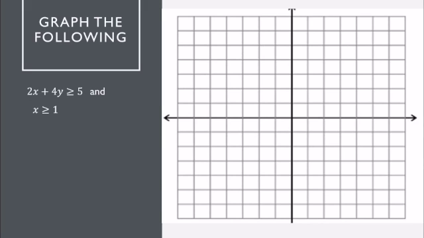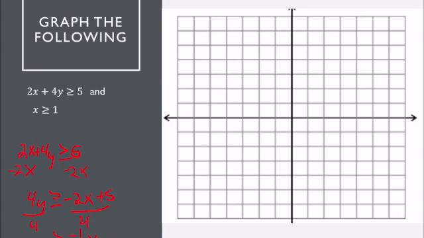So let's go ahead and graph the following. I have x is greater than or equal to 1 and 2x plus 4y is greater than or equal to 5. So I need to put this in slope-intercept form. That's all we're doing in this chapter. It's just changing stuff to slope-intercept form and graphing it. So I subtract 2x from both sides. I have 4y is greater than or equal to negative 2x plus 5. Divide both sides by 4. Y is greater than or equal to negative 1/2